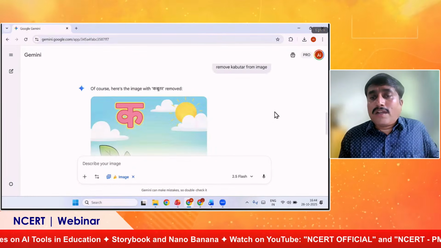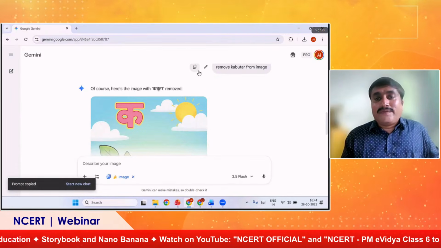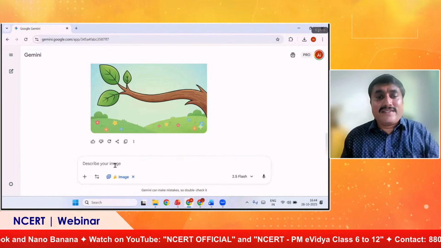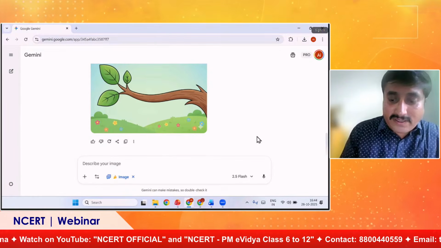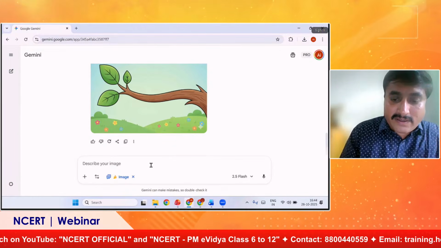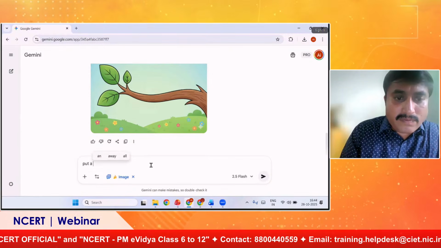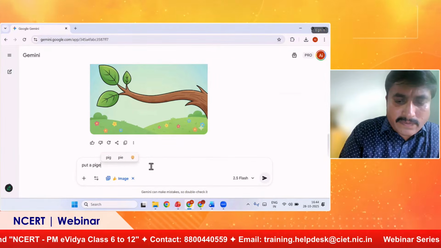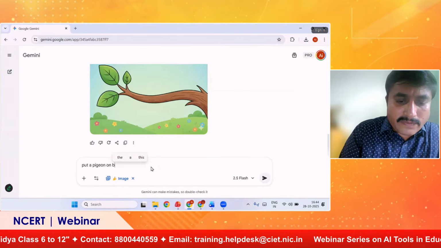See, he removed the kabutar and the kabutar text. So that is also not our intention. Put pigeon on branch.